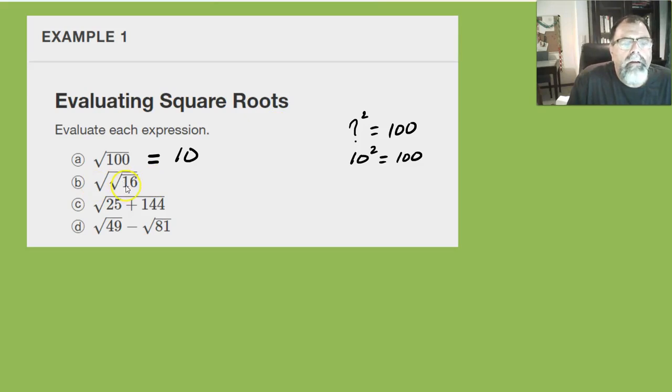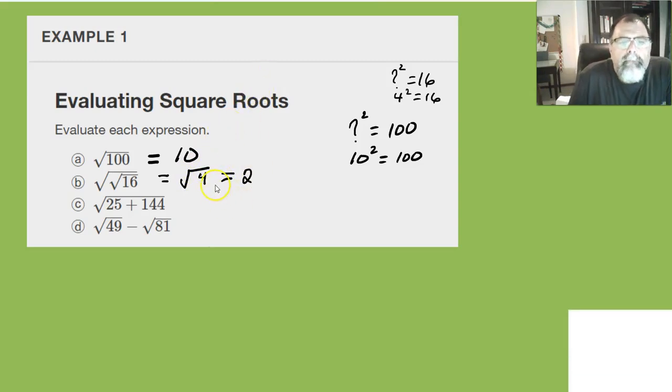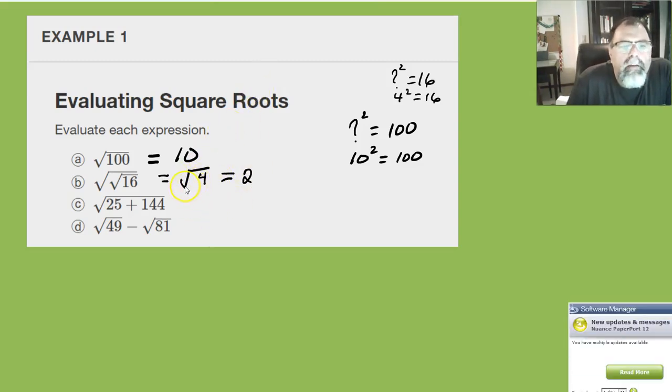And then for B here, now you have to think of order of operations. The radical sign is a grouping symbol. So we do what's inside the grouping symbol first, get an answer, and then we can take the square root. So the square root of 16 is 4. What squared is 16? 4 squared is 16. So the square root of 16 is 4. And now we ask the same thing: what squared is 4? That'd be 2. And of course you can punch this in your calculator and get that answer if you didn't know that 2